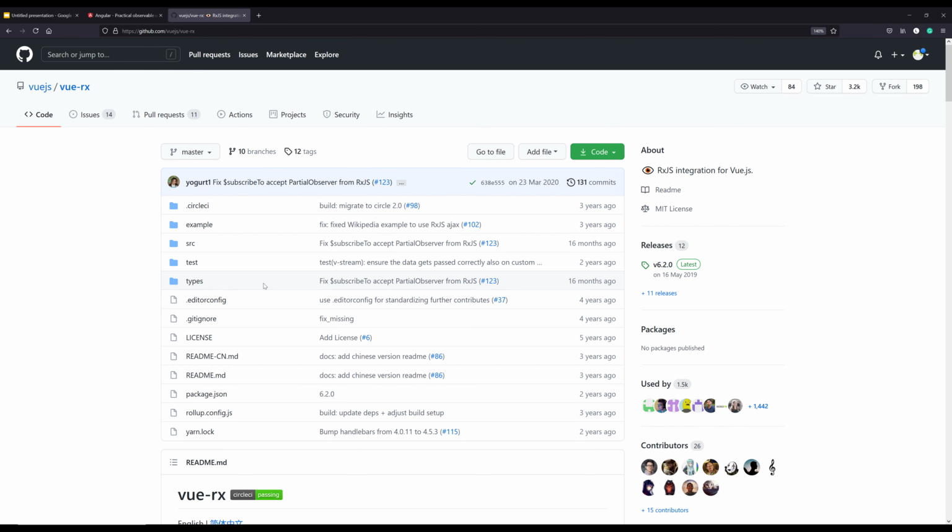In Angular, it is included by default, so we can use it automatically. In React.js, if you want, you can install RxJS with npm directly. In Vue.js, you can also install RxJS with npm, or otherwise use the recommended approach, which was developed by the Vue.js core development team. You can use this Vue Rx in order to use RxJS in a Vue.js project. So this is all about how to use RxJS in the different application frameworks. If you have another standalone application or other frameworks, you can install RxJS directly with npm and use it.